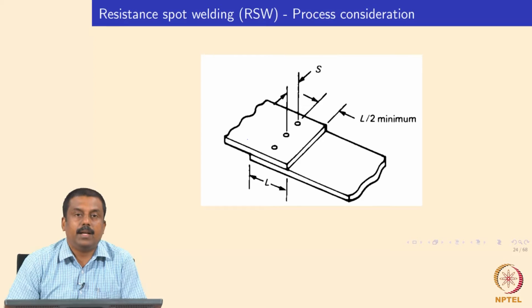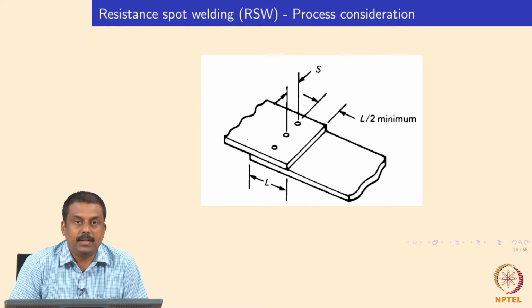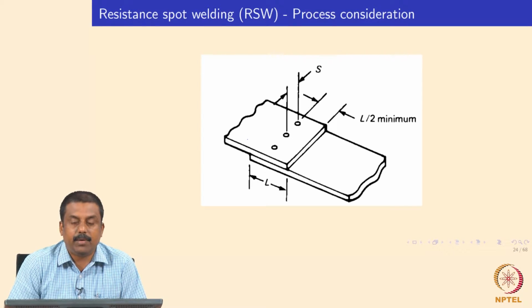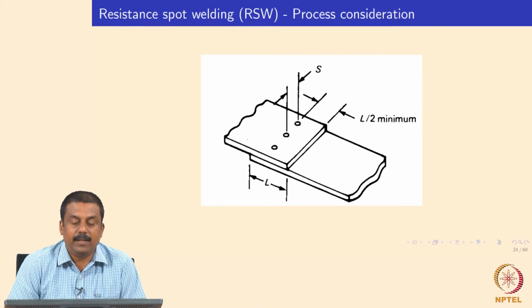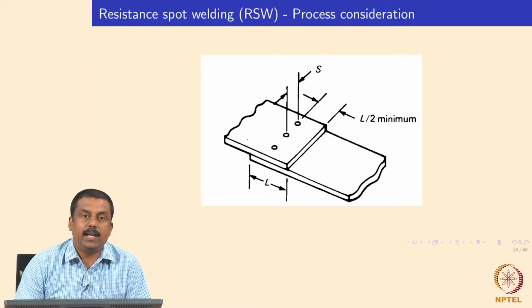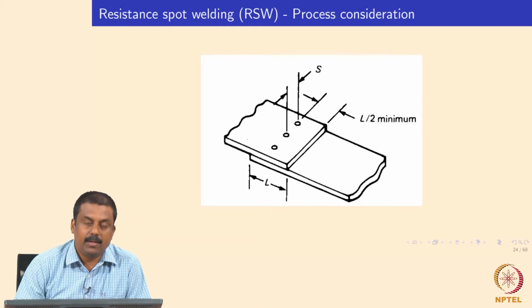So the other important aspect you need to consider, except the material composition, is the process consideration. There are guidelines available in various literature and open source forums, and guidelines from automotive manufacturers, for the placing of the welds with respect to the edge of your sheet, as well as the thickness of the sheet, and the minimum distance that should be there between two spot welds. These are the most common guidelines we use for spot welds in overlap configuration.